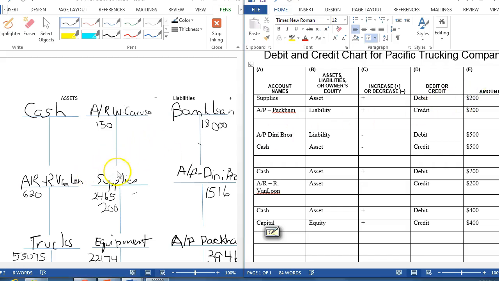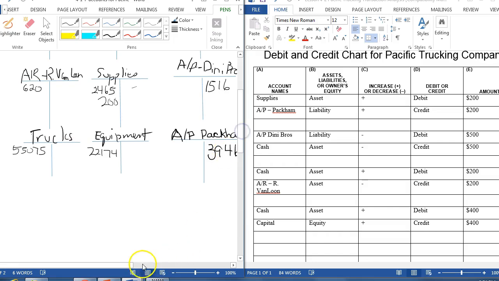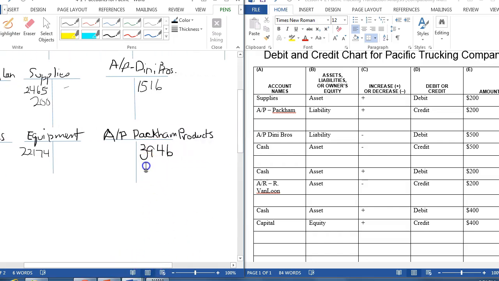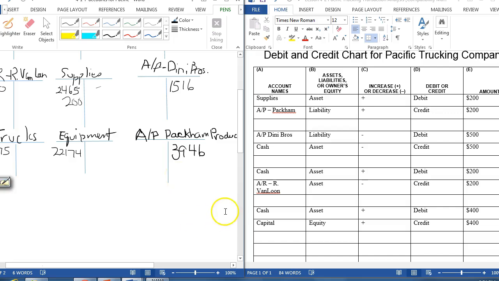Okay, and then I do accounts payable, Pack 'em. So I scroll down here, I find my accounts payable, Pack 'em. Okay, and Pack 'em is going to credit $200. So I get my pen and I'm going to credit the right side of the account for $200. So this is my first accounting entry. Okay, that's the first transaction. So I'm going to write a little 1 beside them. The next transaction, oh, I think I'm